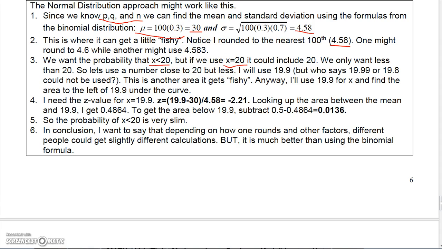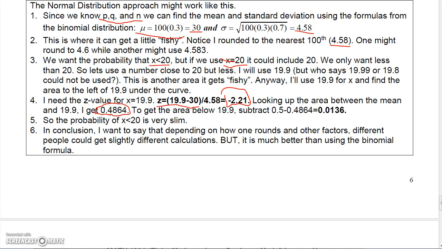Well, we can use our z formula to get that. We take 19.9 minus the mean, which is 30 from our calculation, divided by 4.58. That gives me negative 2.21 for the z-score. Now, if I look up the area between the mean and 19.9, which is the area between the mean and 2.21 on the left side, I get 0.4864. I can also look it up on the right side and get 0.4864,